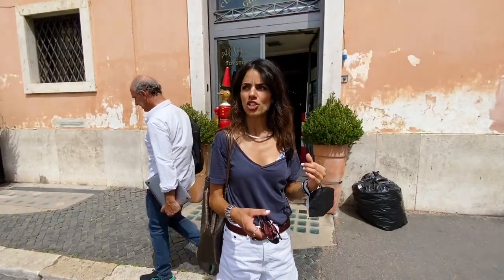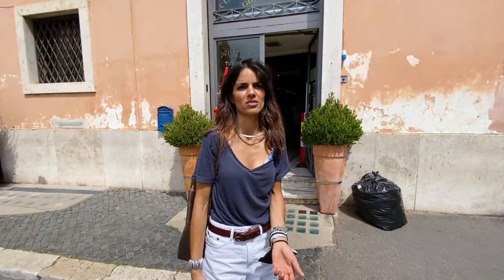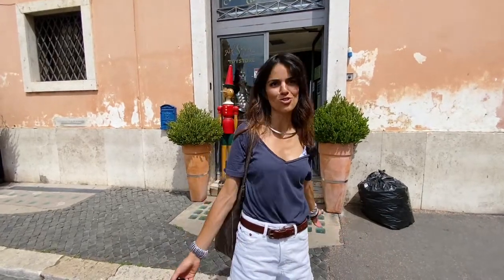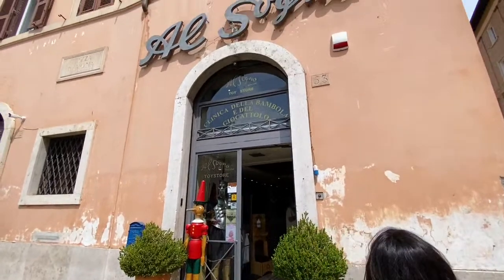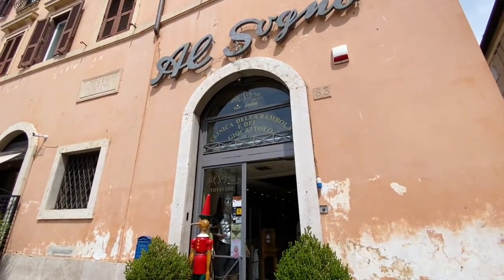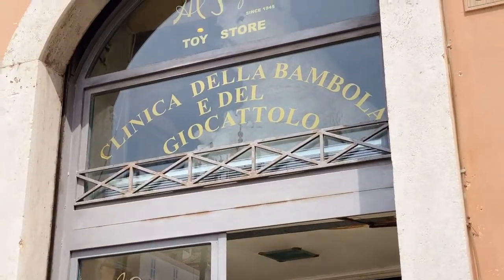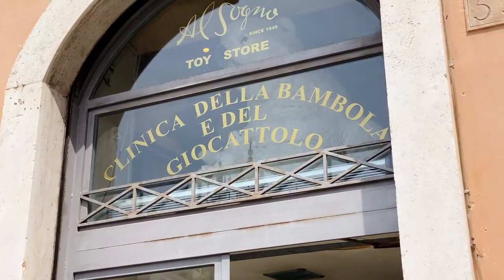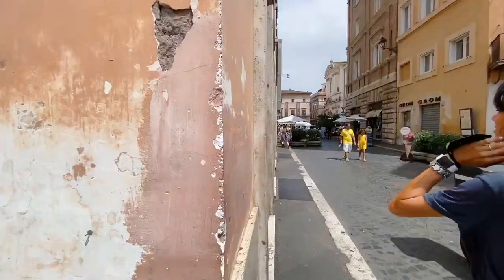And the guy charges, I think, €8 per hour, which I don't think is a lot. It doesn't sound like too much. I mean, it depends on which condition you bring the doll in, of course. But he makes miracles. Pro tip: bring your doll over here. Clinica della bambola, which means the clinic of the dolls. Bambola means doll, yes. It's a doll clinic over there. And then they have super cool...